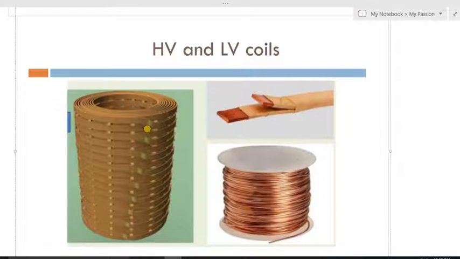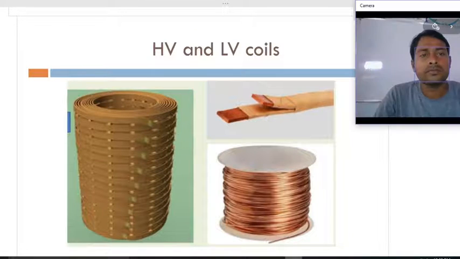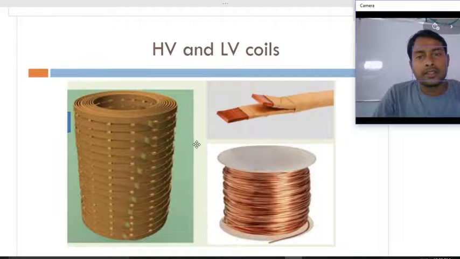Next part is the LV and HV coils. This is the LV coil and this is the HV coil. The LV coil has a low number of turns and a larger cross-section area. Look at this, the thickness is more.